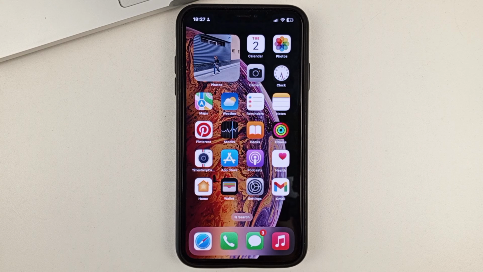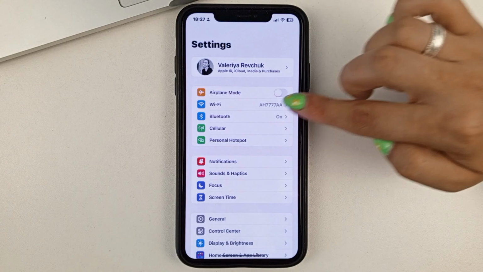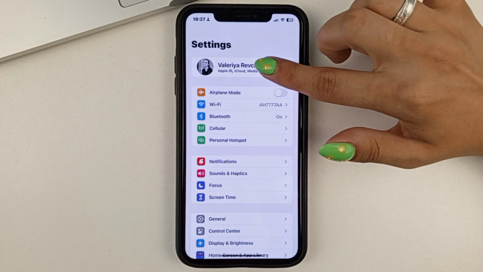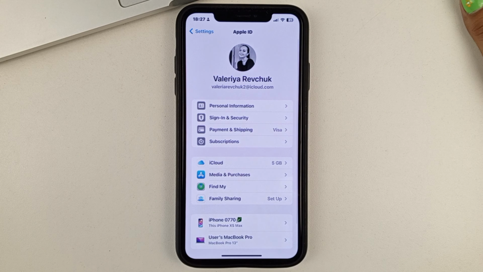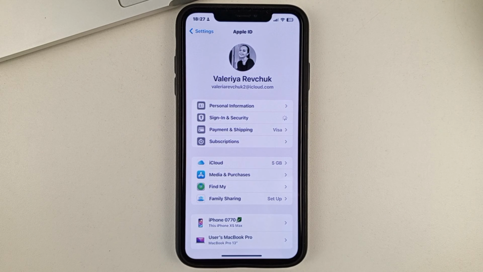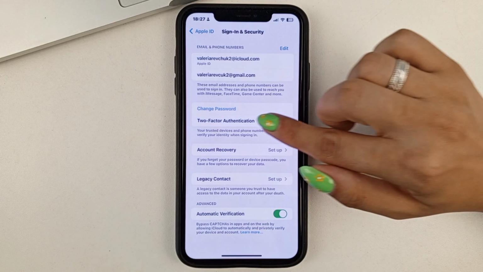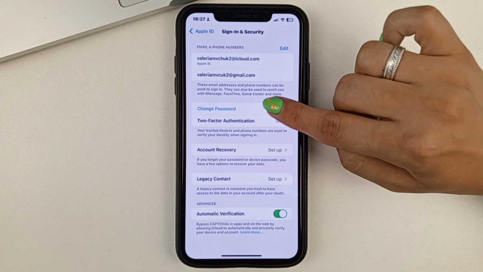And let us get down to this interesting topic. In order for you to change your password in Apple ID, first of all, please open the phone settings on your iPhone. And then at the top, click on your name to go to your Apple ID. And here, select this option right here. Next, here you'll be able to see a function called Change Password. Click on it.